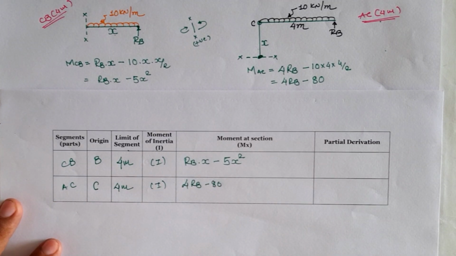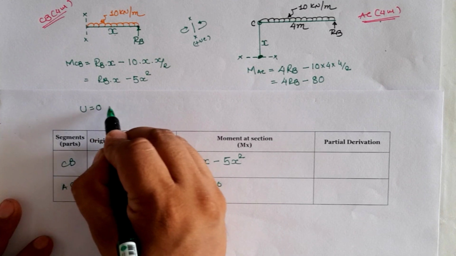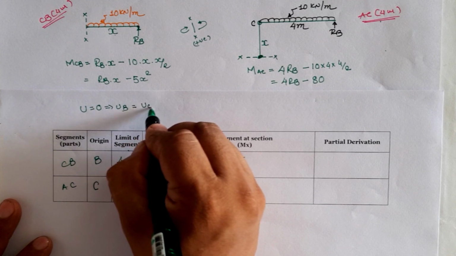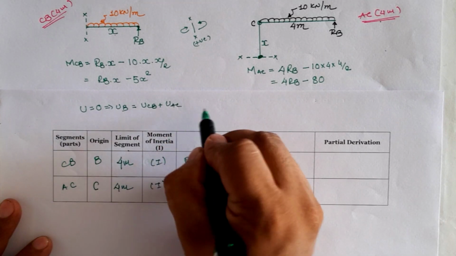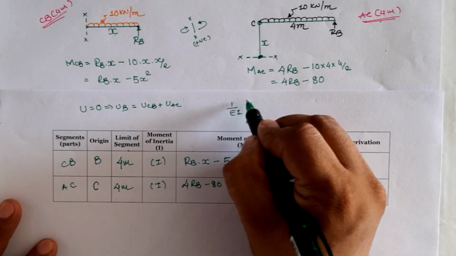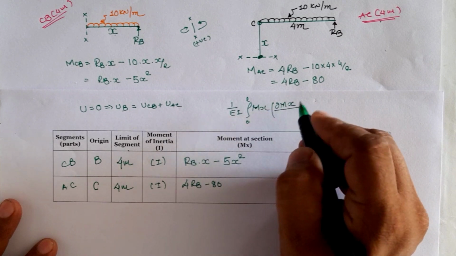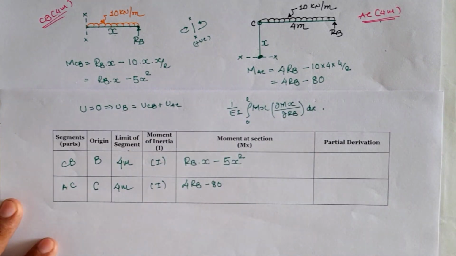Now according to Castigliano's second theorem, the partial derivative of strain energy is equal to 0 at a location where deflection is 0. So the strain energy at location B is U, strain energy in the CB segment plus strain energy in the AC segment, and the mathematical formula for strain energy is 1 by EI integration over the entire span of sectional moment multiplied by the partial derivative of sectional moment with respect to the redundant, del M by del RB, into dx. So using this equation for both spans, we will have: